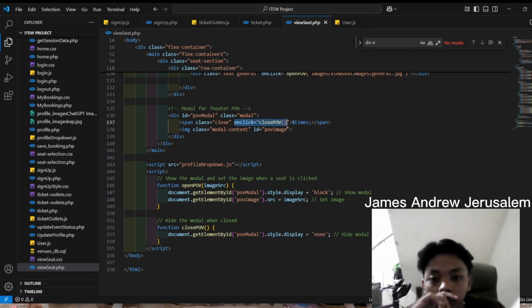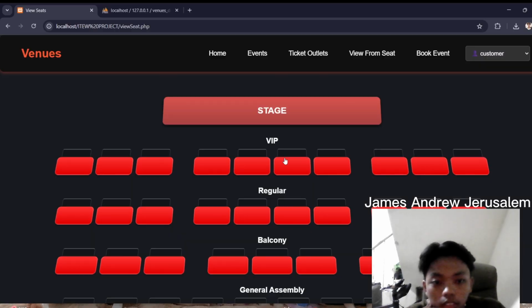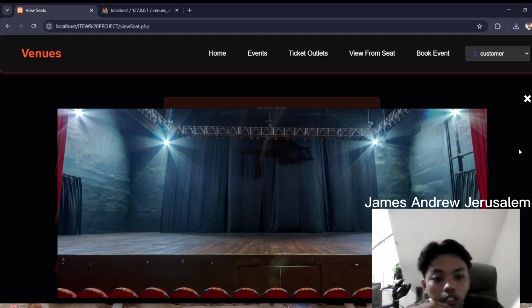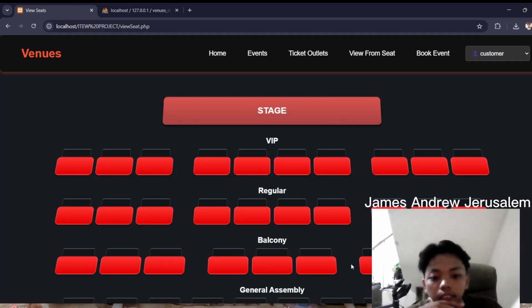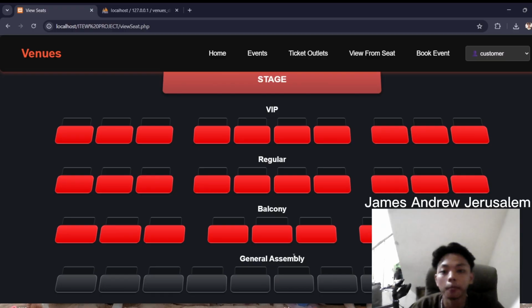If you click, the closePOV function will run, and also for the profile dropdown. In the function closePOV, this will return display equals none, so that if you click this, the display of the image will be none. So that's all for the view from seat page. Thank you.